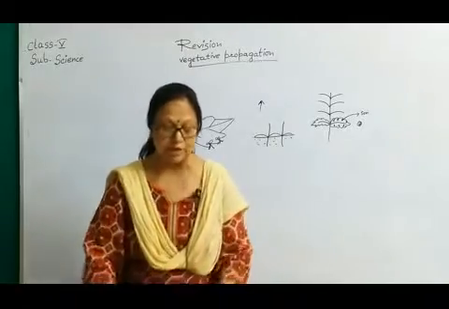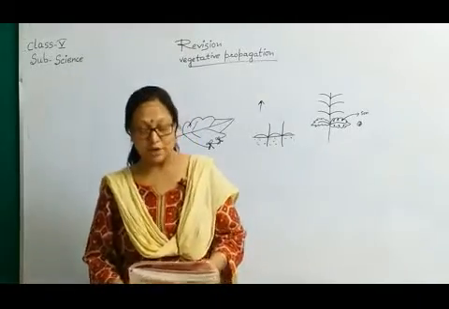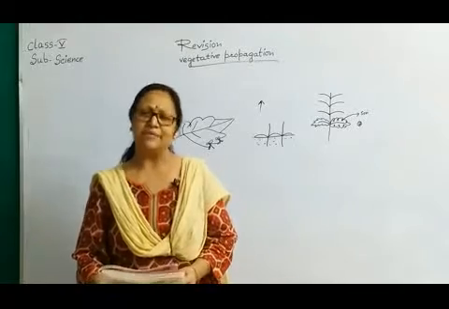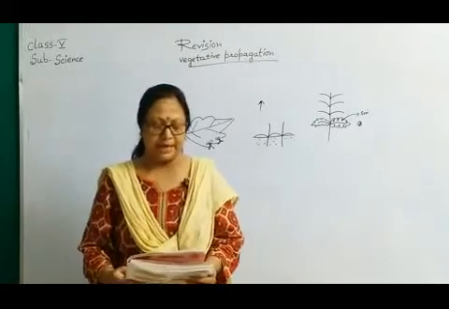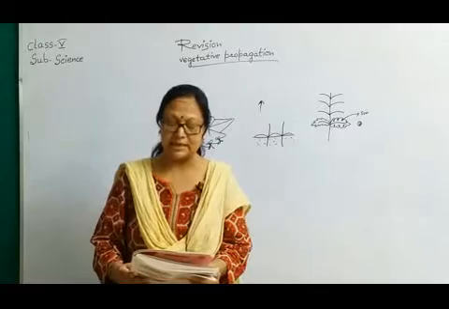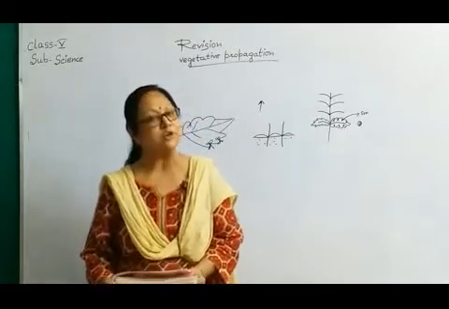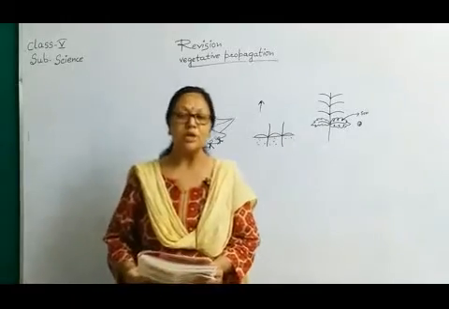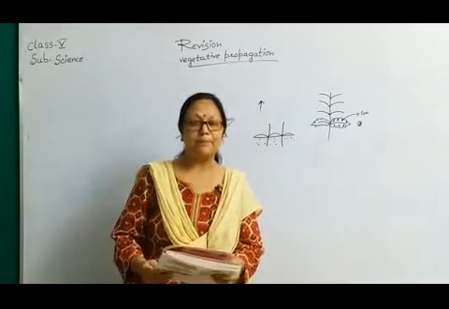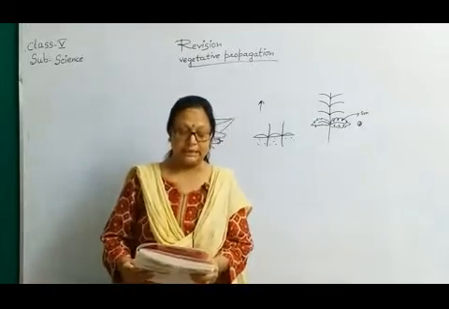There are two or three multiple choice questions. These extra questions are given, so I will discuss them. We can grow a new plant from a carrot. It is an example of growing a plant. As we know, a carrot is a root, so we can grow a plant from the root.